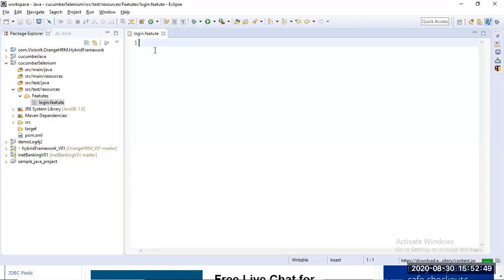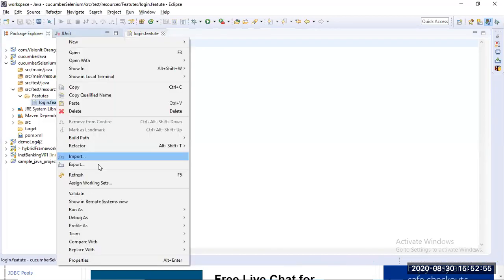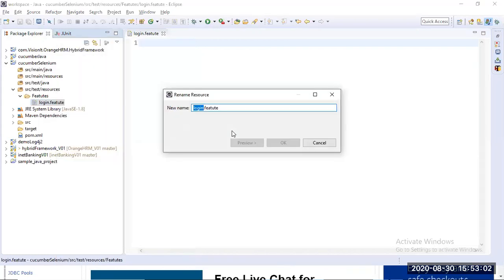Yeah, the extension should be feature. So FEATURE. Let me refactor. Login dot feature. Click on OK.